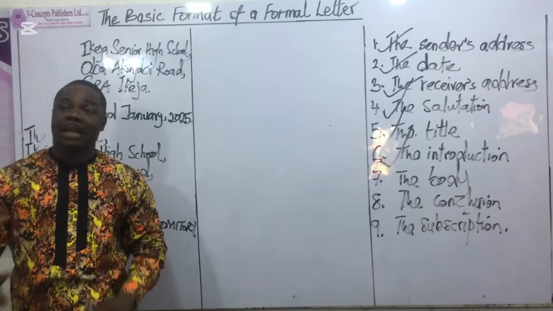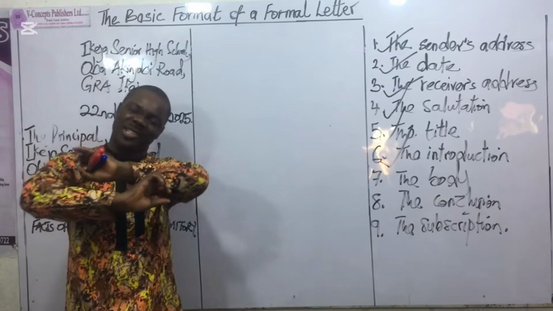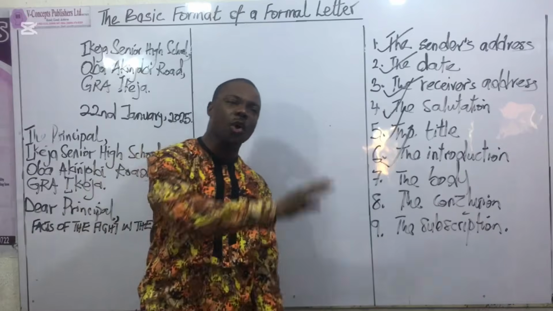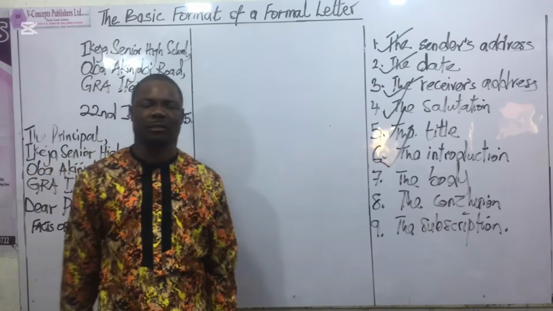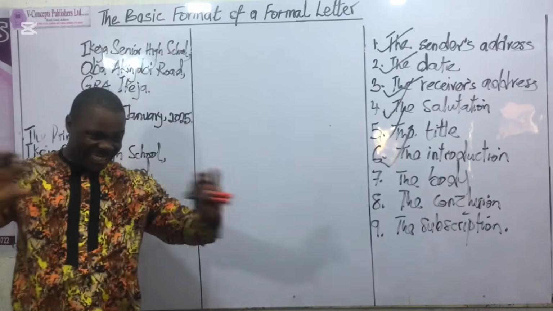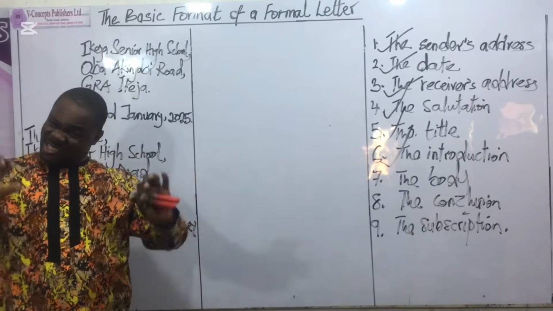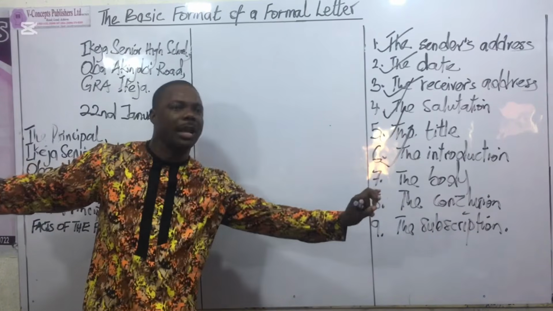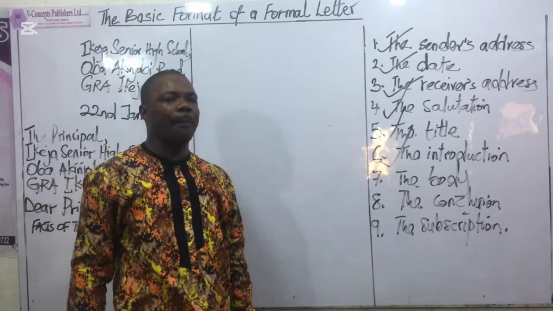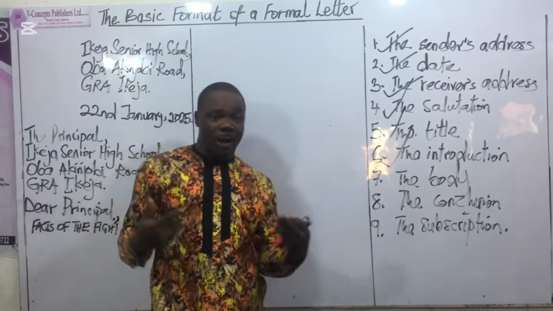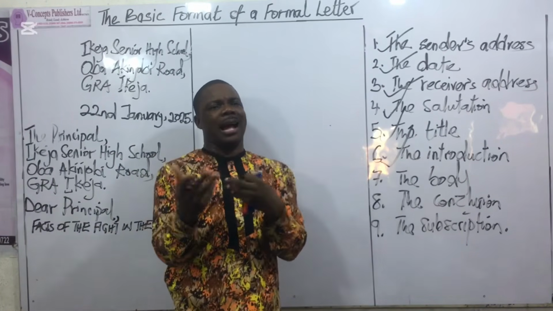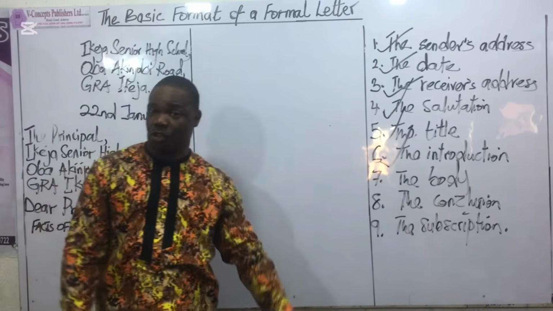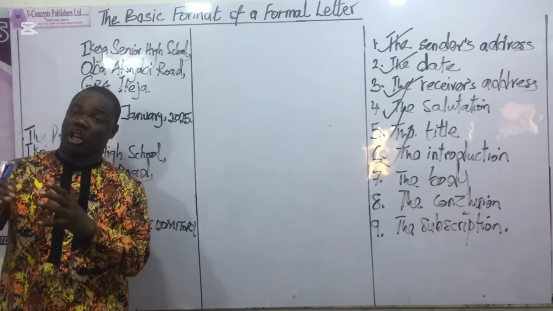In a formal letter, please take note of this. The first sentence must be the purpose of the letter. Full stop. Basically, there's no argument about that. There's no negotiation. I repeat, the first sentence of a formal letter is all about the purpose of the letter. You capture it there. Don't beat about the bush. Another thing you can do, maybe just to add one or two other sentences to back that up. But if you feel that is not necessary, after stating the purpose of the letter in the first paragraph of the letter,